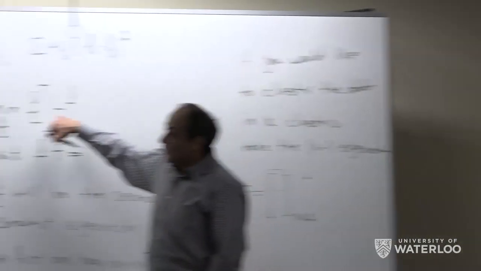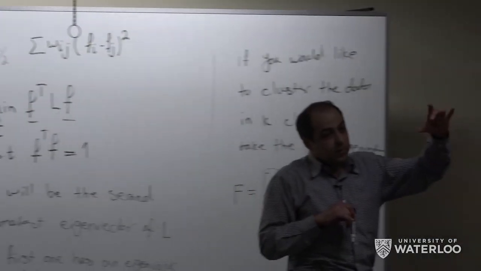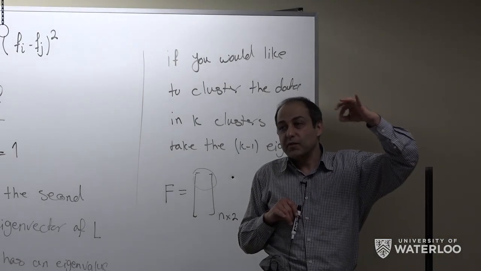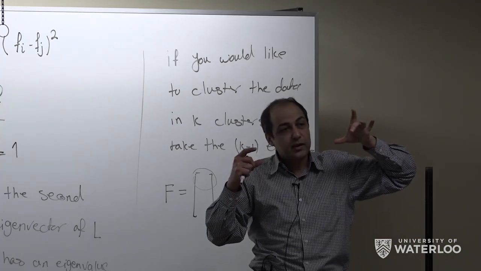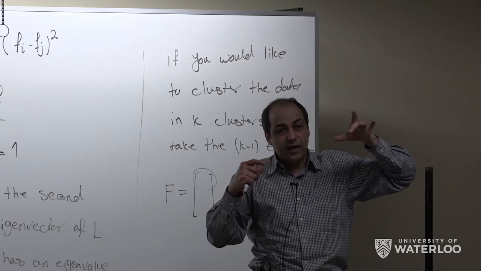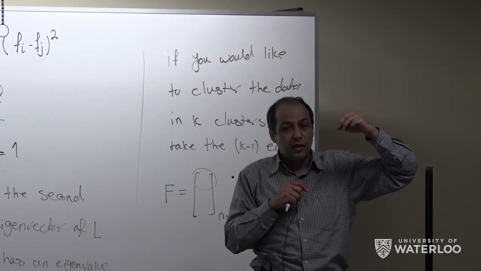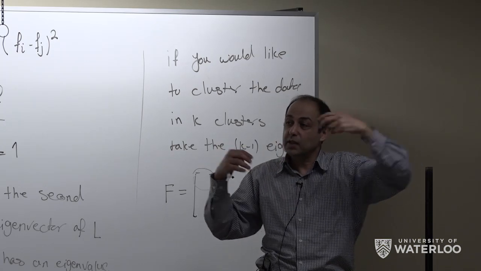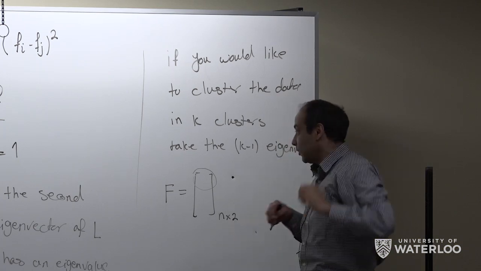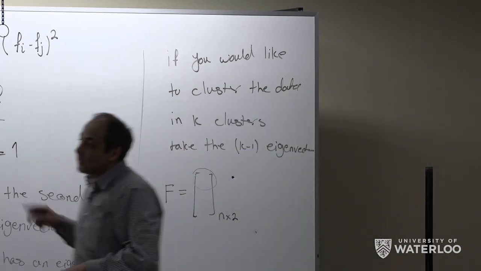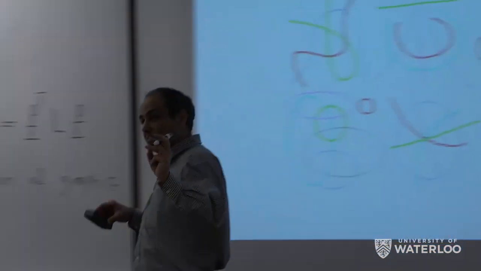So L is Laplacian. And I told you one of the properties of Laplacian is that the number of zero eigenvalues shows the number of components in the graph. So if the graph is connected, you have one eigenvalue equal to 0. If it has two parts, it has two eigenvalues equal to 0. So now you can see the reason that in LLE, we discard the first eigenvector, and